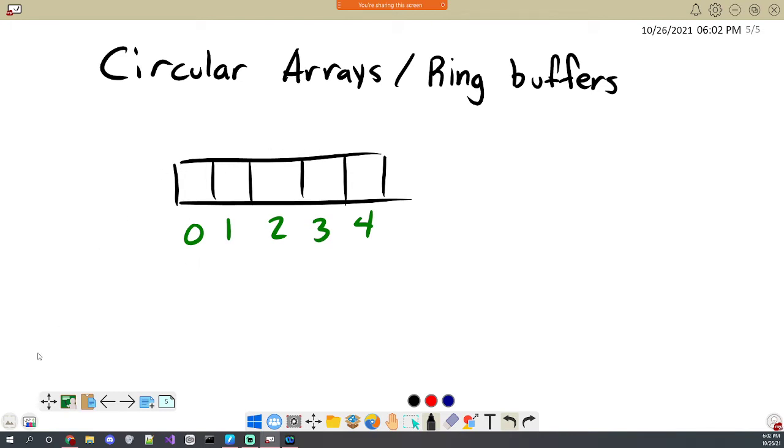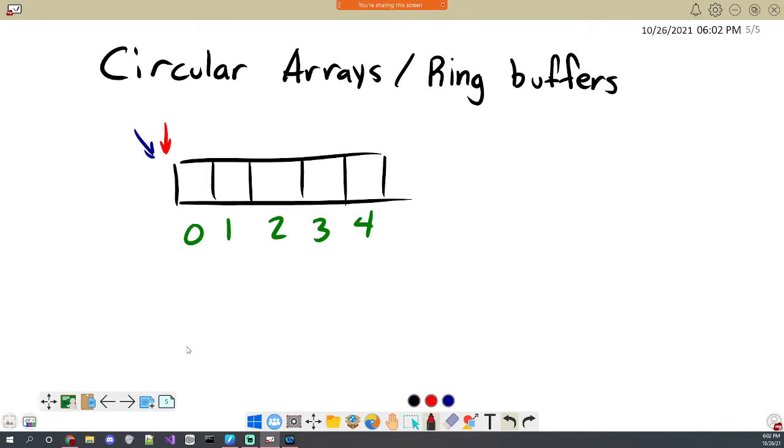So what it is, though, is that we keep two things. We're going to keep two pointers. I generally do these as indices, so just integers, but you'll see that the assignment does these as actual pointers, which I think makes it a little bit harder. I have updated the skeleton on Canvas to make it a little bit easier, at least, by introducing a count variable. So I recommend you download that if you haven't already. It's just one extra line. I just added int count that you can use to make things easier.